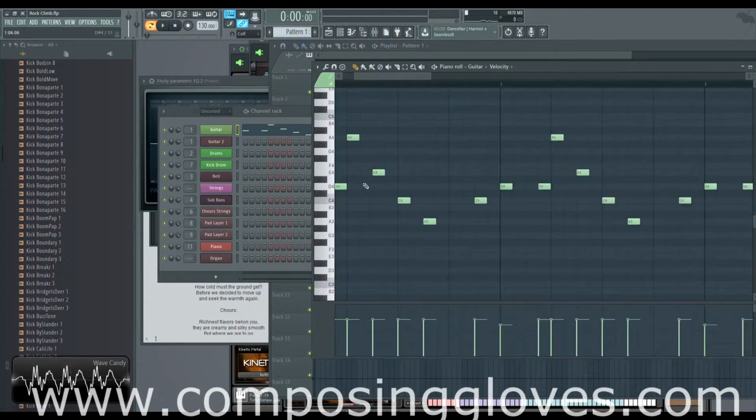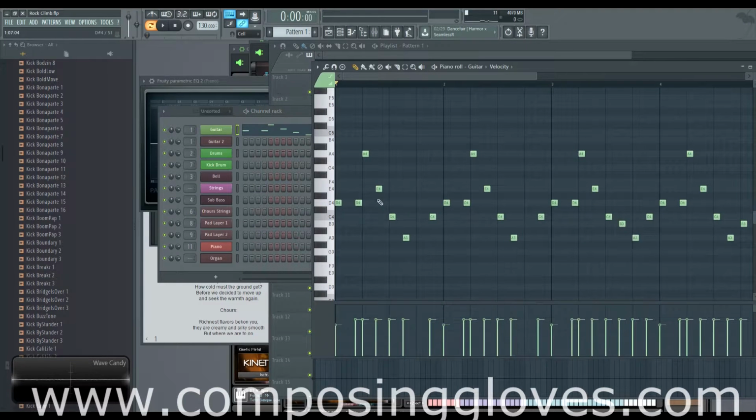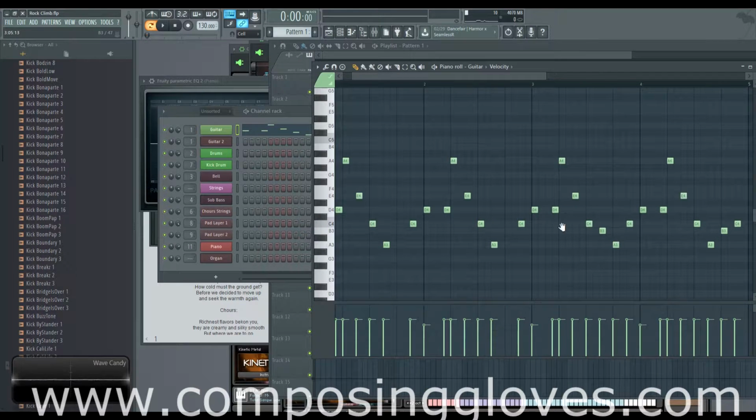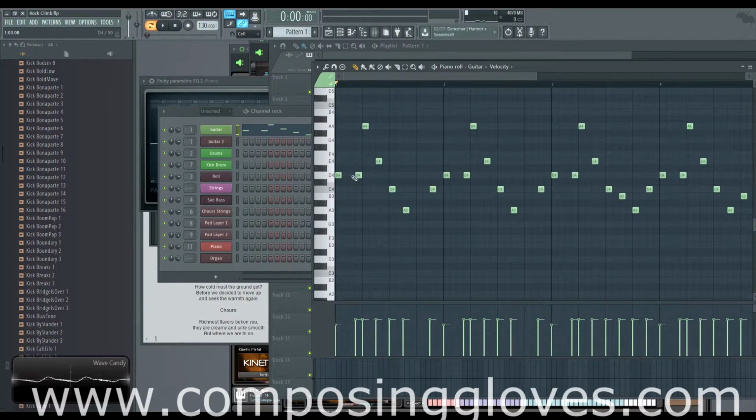Here's the very first thing I wrote in this track, actually, and it is a plucked guitar, and it's just a simple chord progression. Actually, it's not really even a chord progression. It's just one chord with some varied rhythm. And the thing that makes it interesting is that, as you can see, this rhythm right here is a little funky because it's not on the grid, but that's sort of a thing in this track,